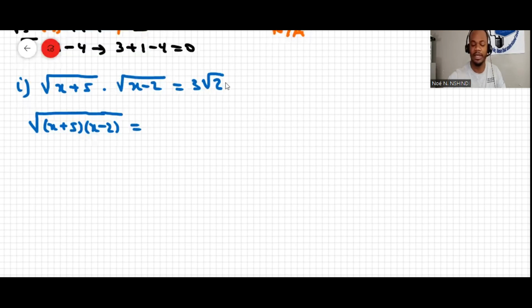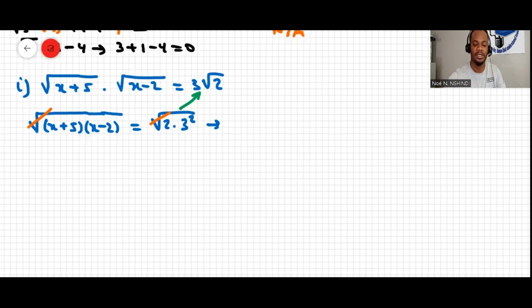Remember, it's going to be like a square root of 2 multiplied by 3 squared, because if we break it, it will be 3 root 2. So if I move it inside the root, I can then drop the roots here, or raise both sides to the power of 2. It means the same thing. Then this will be